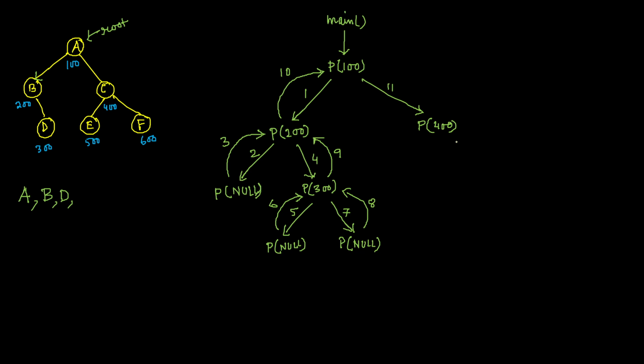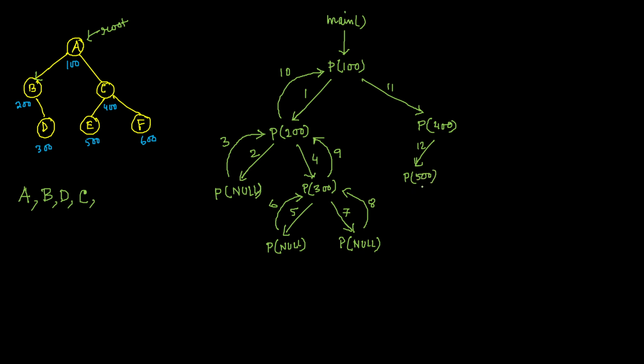Similarly, you see this clone will see its address is not null. So naturally this will print the data in the address first, that is E, I'm sorry, C. And then it will call the left child. And you can see left is basically, that means it will call 500.